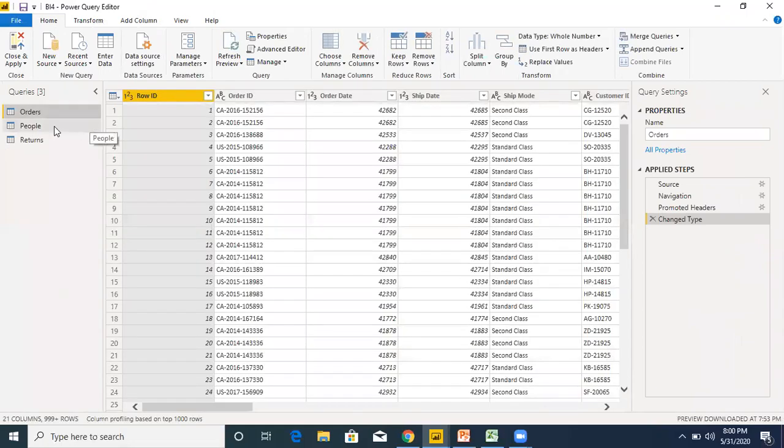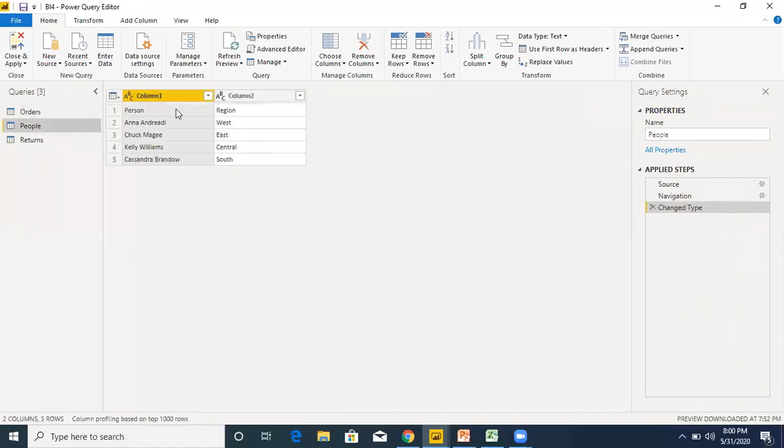Okay, so the first step we'll do here is go to these tables, and I want person and region as the column names. So just click on use first row as headers.